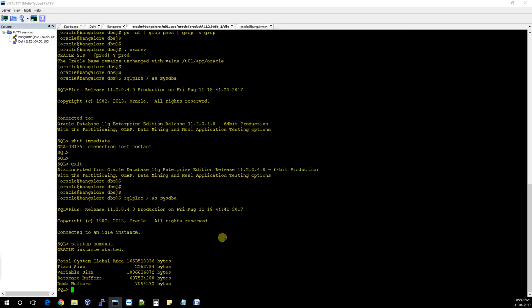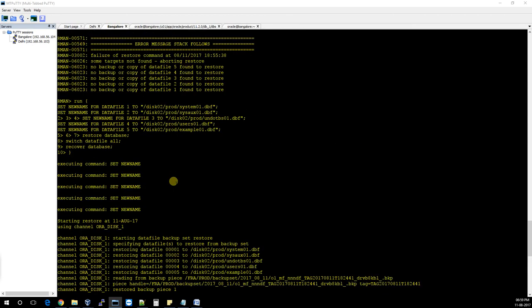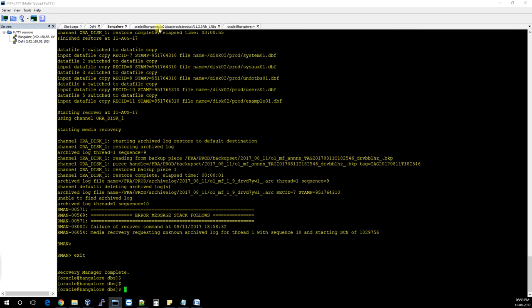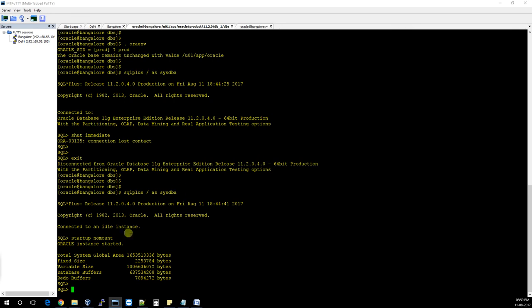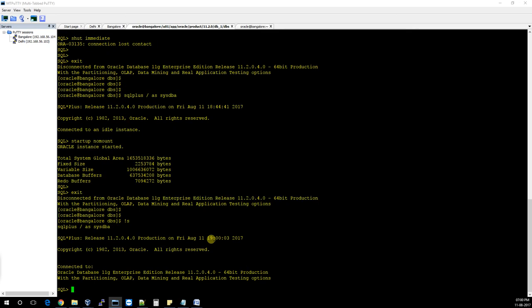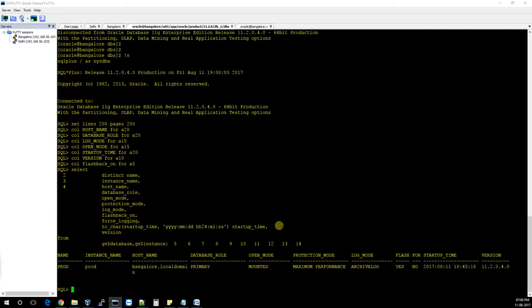Now what you have to do, see, while restoring the database, we'll go on. Here we exit and again try to log in and try to find out, see, this time you are mounted, right? Now you have to open your database, and this time you have to open your database with reset logs. Yes, with reset logs, because all redo will start with a new sequence. So the command will be